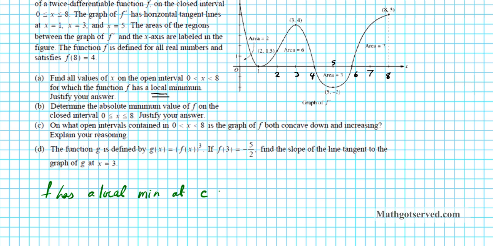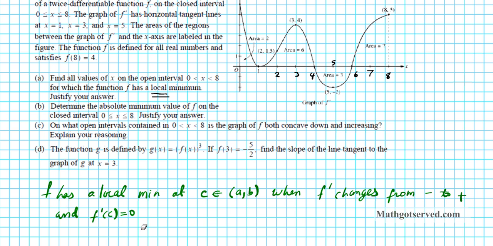at, let's say, some c in an open interval (a, b) when f prime of c equals 0, where f prime changes from negative to positive, okay? So what do these two things tell us? f prime changing from negative to positive basically means that the function f was decreasing before, and then it starts increasing around c, okay? And then f prime of c equals 0 basically means that we have a critical point